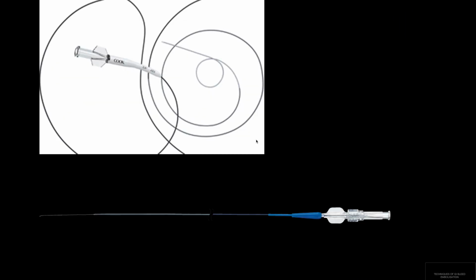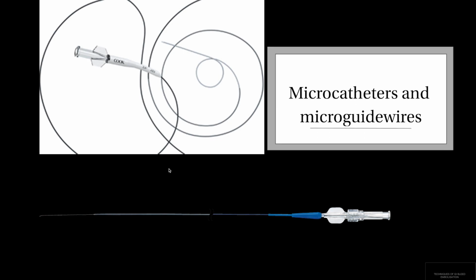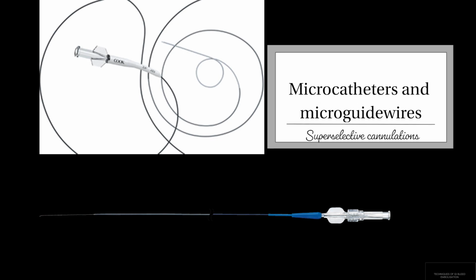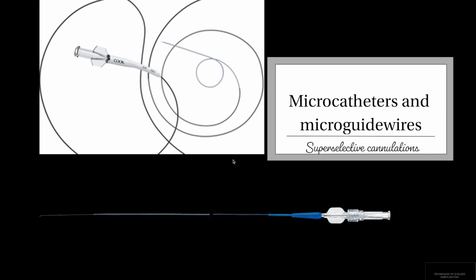The basic interventional radiology hardware which we use for embolizations. So this is a vascular sheath. We can use either a femoral sheath or a radial sheath depending upon our comfort. And these are the diagnostic catheters of various shapes. So we use specific catheters for cannulation into specific vessels depending upon the vascular anatomy. And this is the basic Terumo guide wire which is used for further cannulation and further venturing distally into the selected vessel. For further super-selective cannulation of further distal smaller branches, we use something called microcatheters and microwires.